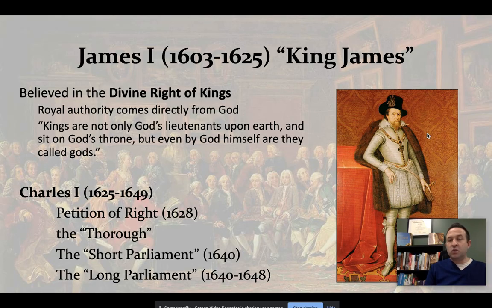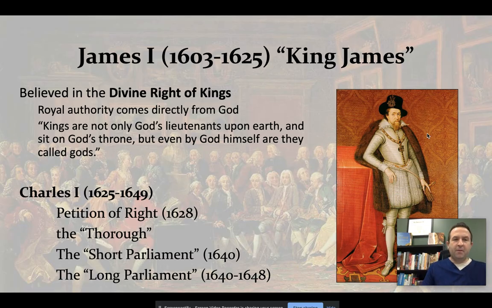Now, there are some issues with it as far as the translation that we could talk about ad nauseum, because it's being translated not from the original, but from another English translation. But it is kind of one of the number one used Bibles in the English world when it comes to Christians, even in 2020.